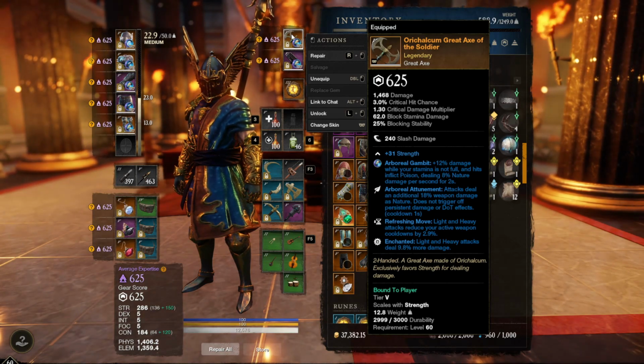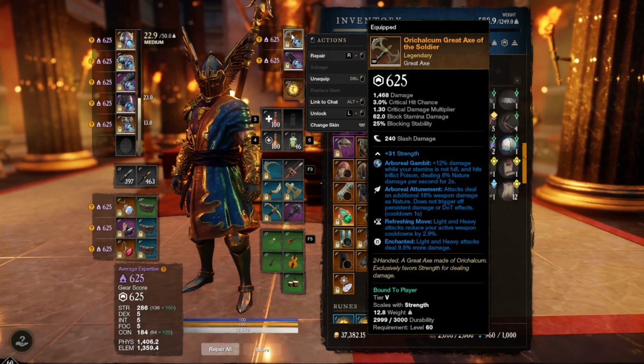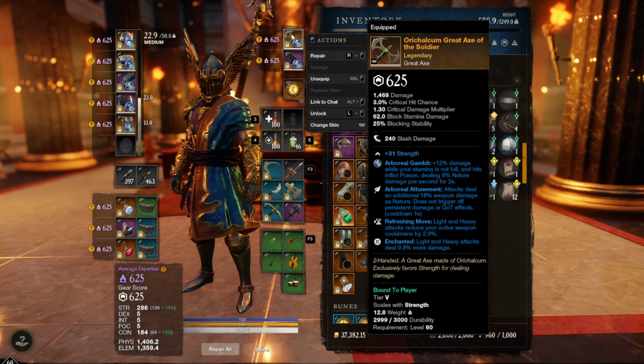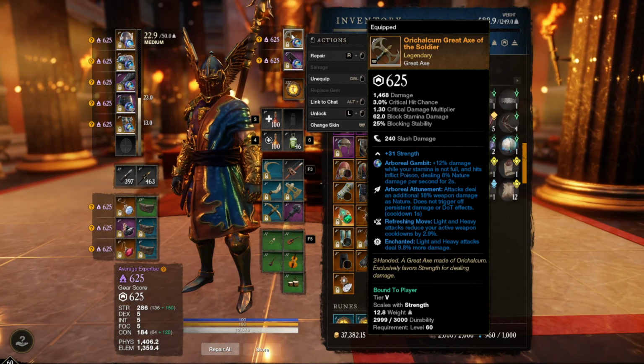I would rather have enchanted be thwarting strikes. So the BIS, I don't want to say BIS, the best 2 perk axe that you can have is thwarting strikes and refreshing move. Now, when I first got my thwarting strikes refreshing move axe, I got it gifted to me